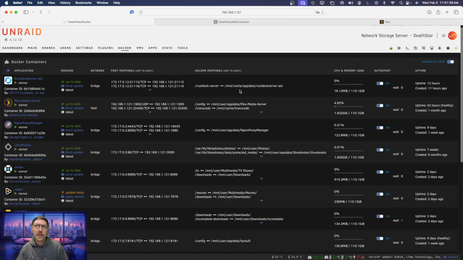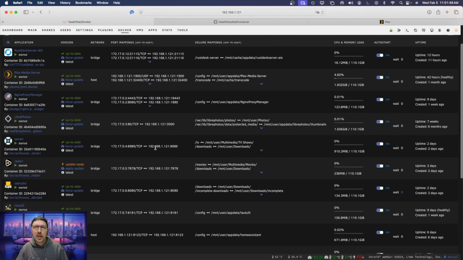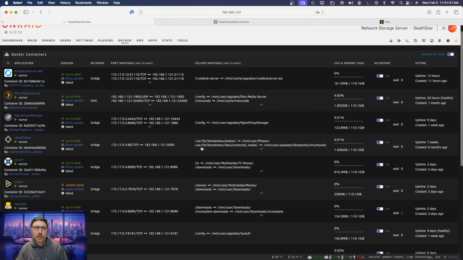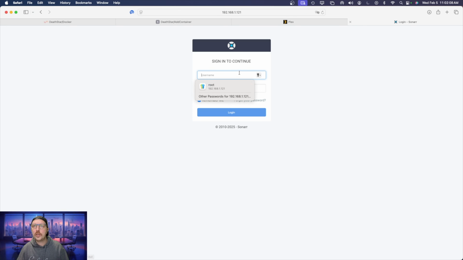The next thing we're going to look at is Sonarr and Radarr. These are applications used to manage your media on your Plex media server. So what the function of these two Docker containers are is to find, retrieve, and insert the media into your media folders. So for example, if I wanted to